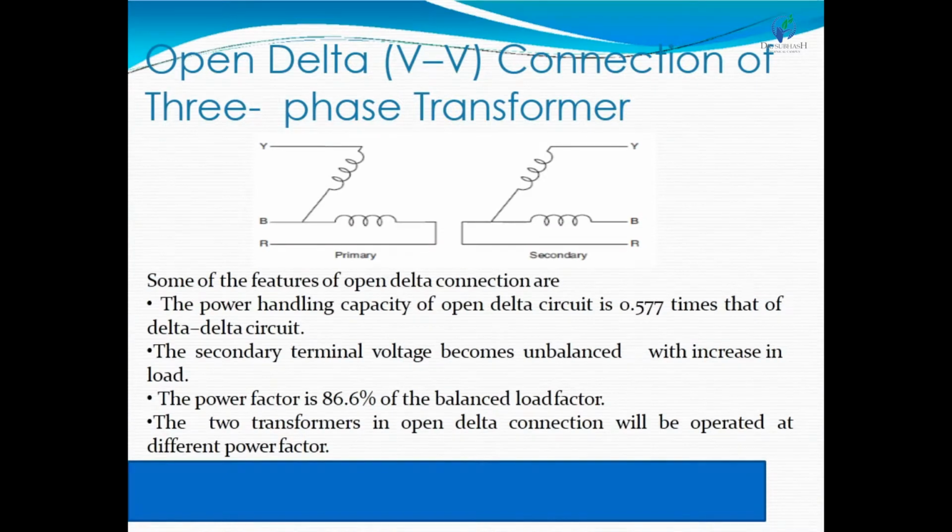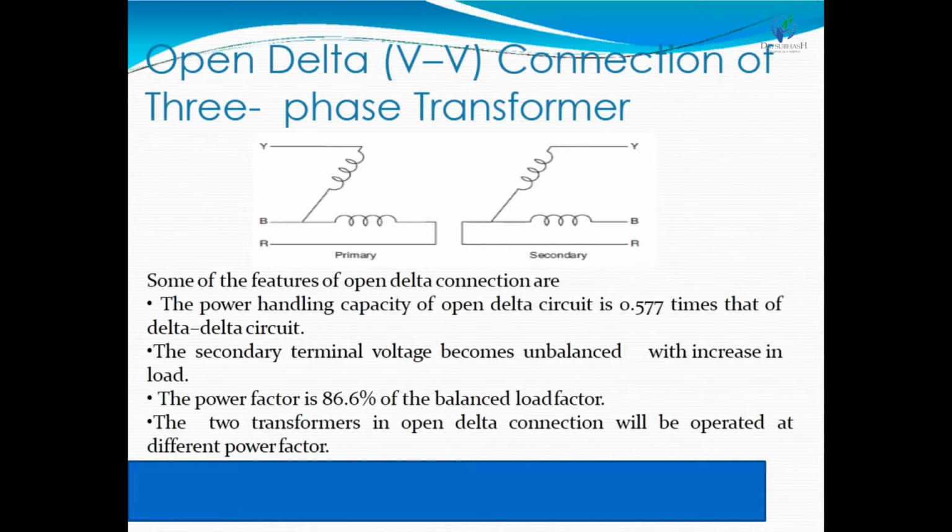Now, the next point is the VV connection or open delta connection. The open delta VV connection is shown in this figure. In this figure, we remove any one transformer of the delta delta configuration and the three phase supply is connected to the primary winding. Then equal three phase voltages are available at the secondary terminals on no load. This connection is called open delta or VV connection, and it is used to transform three phase power by means